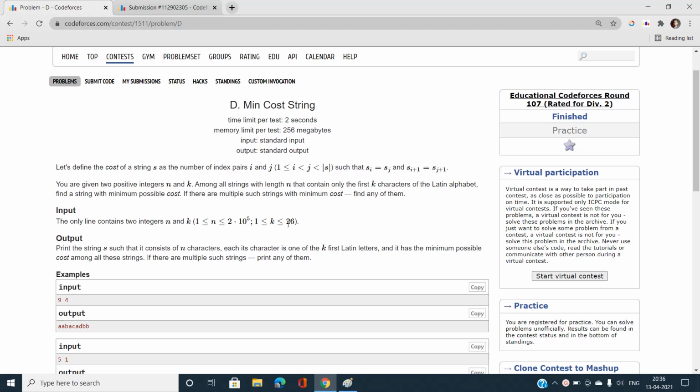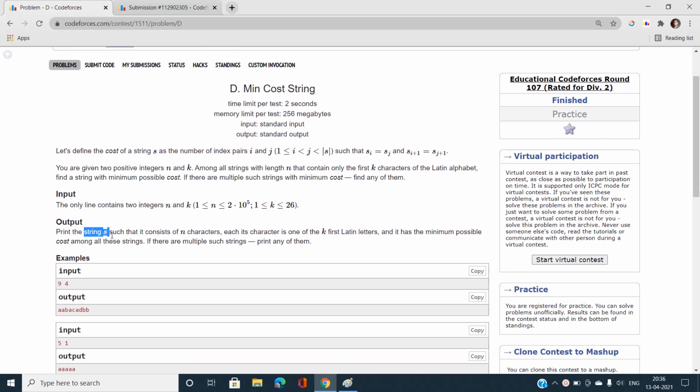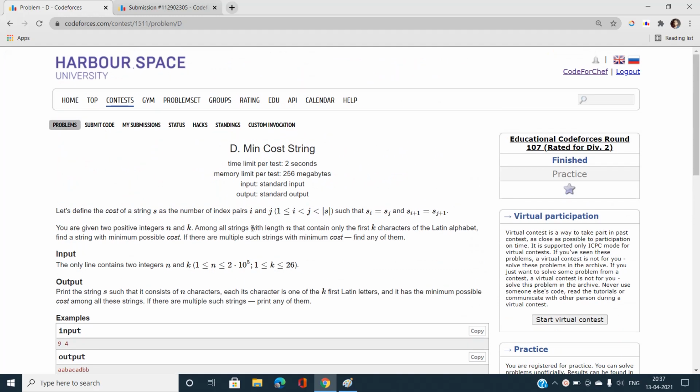We have to print any string S consisting of n characters, only from the first k letters of the Latin alphabet, with the minimum possible cost. If there are multiple, any one can be accepted. Now let's understand this problem and find the most efficient solution.